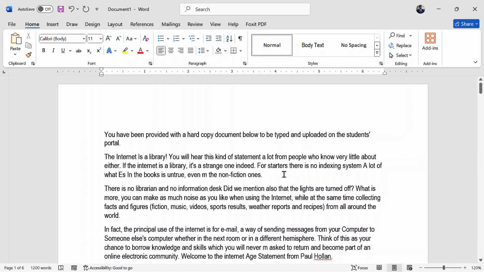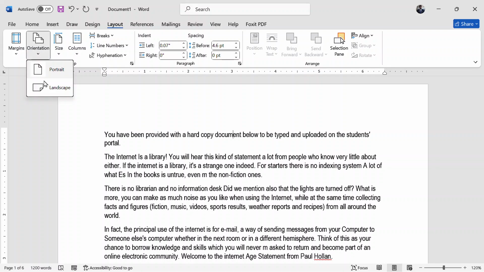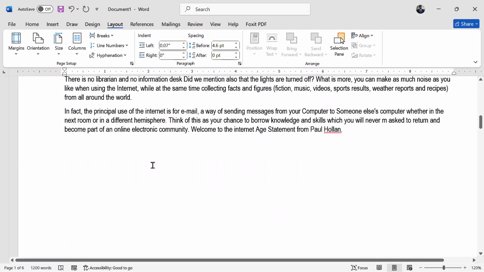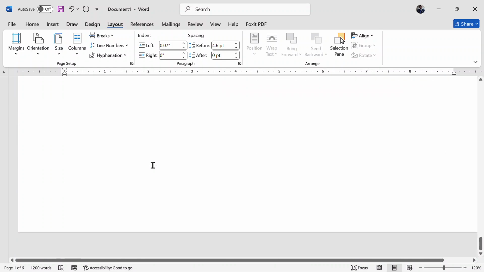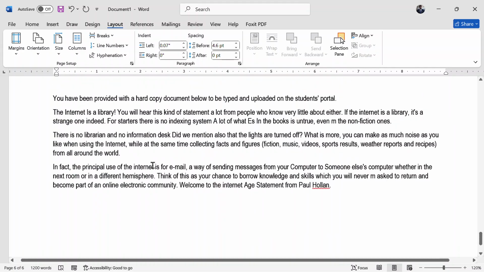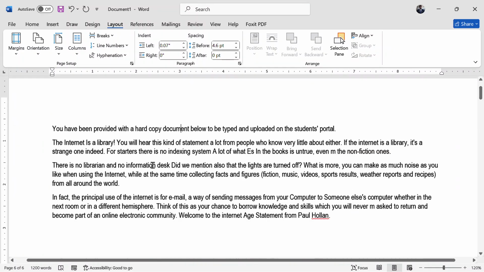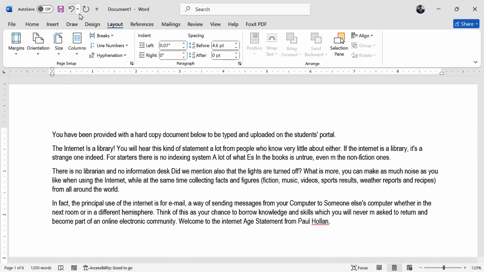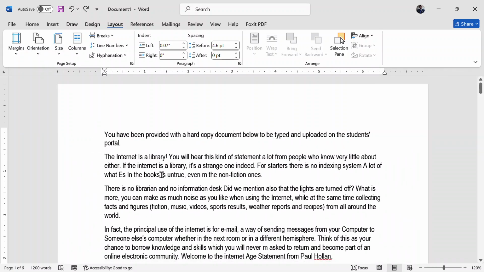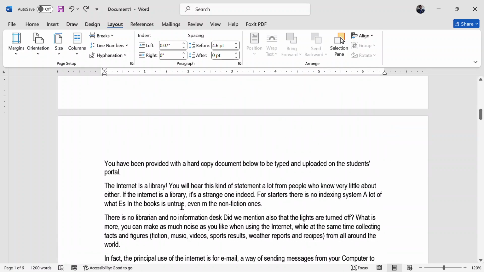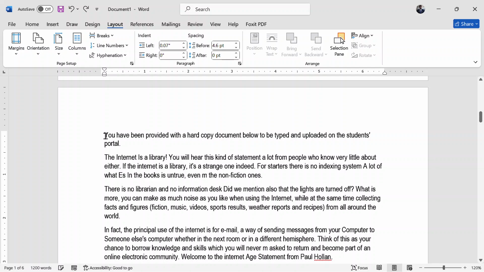In most cases, when you change the orientation without the sections, the whole document turns. For example, when I go to layout, orientation, change to landscape, you can scroll through the whole document and what you find is every page has turned to landscape format or orientation. Let me undo it. But when I want only page 2 to turn to landscape orientation, I can do it in this form. I can go to orientation.